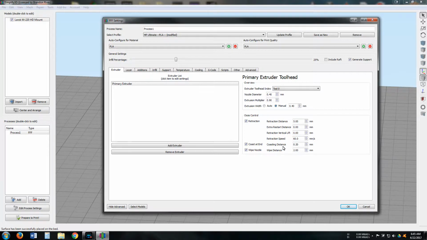Coast at the end, right here, basically means that 0.20 millimeters before the retraction movement happens, it will stop feeding material into the nozzle. So it forces your print to use that 0.2 millimeters of filament left in your nozzle to print that last bit. So you can adjust that. I would say you can't go too high on that